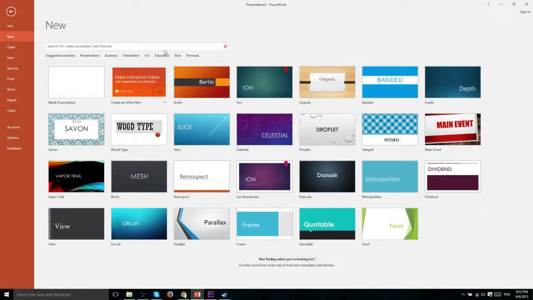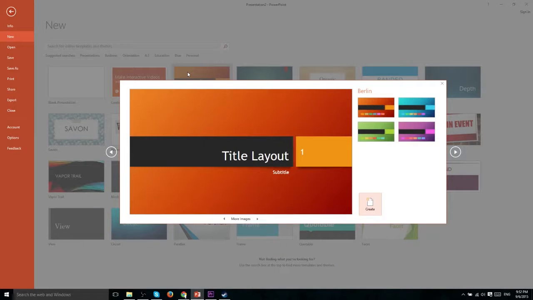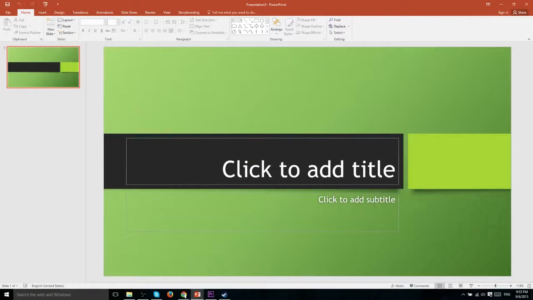Now let's go ahead and try using a template. When you click on a template, certain ones actually have multiple color schemes. So for instance, with this Berlin template, if you don't like the orange-based color scheme, you can try a blue one or a green one. And although the layout is still the same, it does change the colors so it can suit your purposes better. When you've selected the one you want, just go ahead and hit create, and it'll basically set you up with